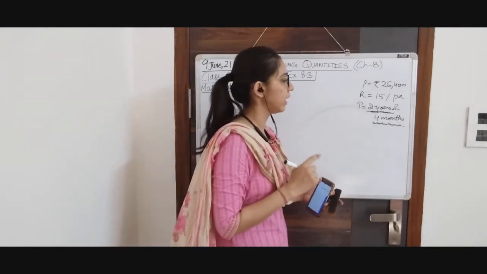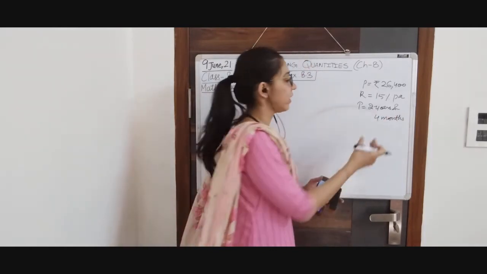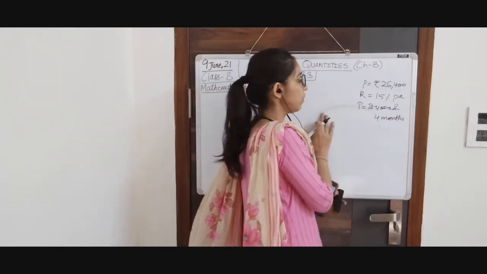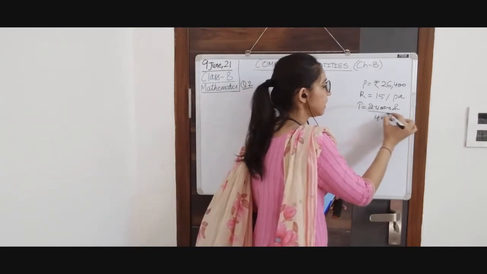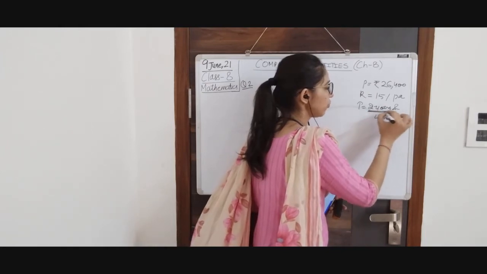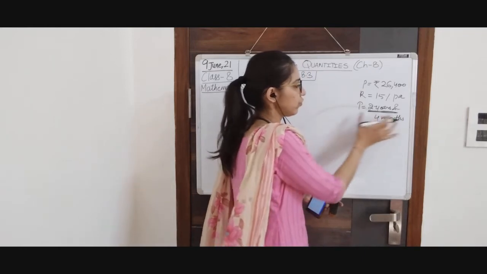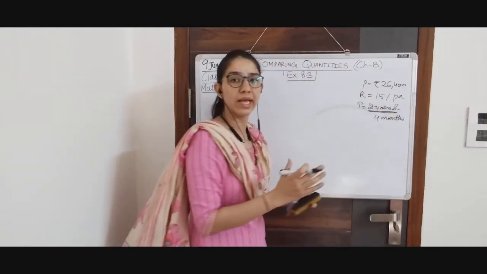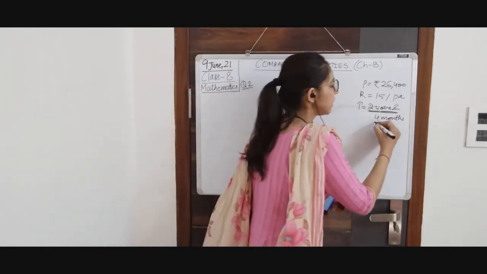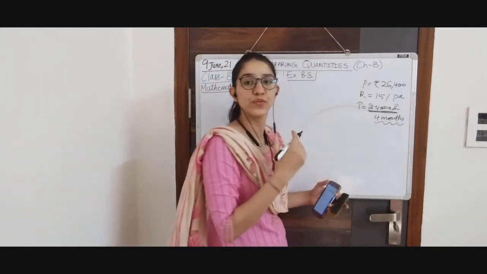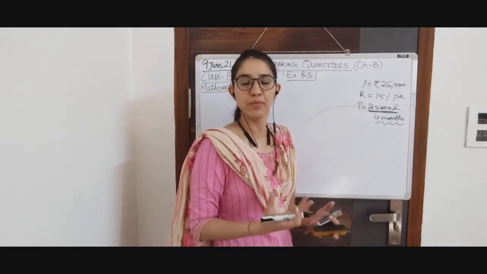I am repeating again. If you are given time in years and a few months, like here 4 months, you will be using your simple compound interest formula for this much amount, this much time. Here it is 2 years. You will do the usual calculation for these 2 years, and after that the amount you get will be your principal for the next 4 months, and for these 4 months you can simply apply the formula for simple interest. It will be the same.